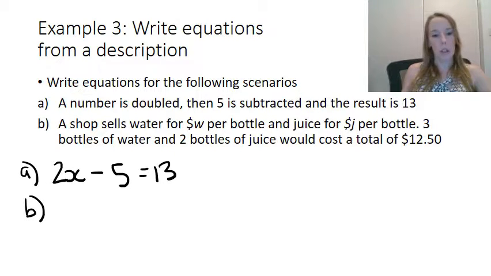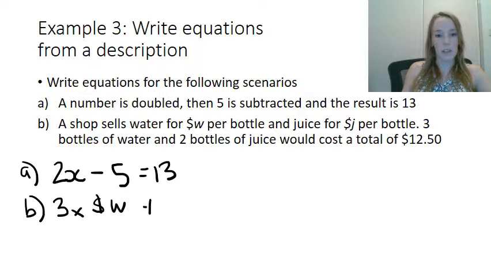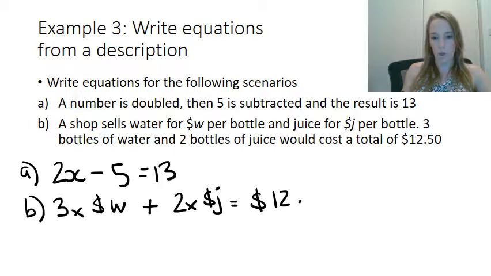So for B, we've got a shop that sells water for $W, so an unknown amount per bottle, and juice for $J, an unknown number there. So 3 bottles of water and 2 bottles of juice would cost $12.50. So 3 bottles of water, so 3 times the cost of a bottle of water, which is W. Plus 2 bottles of juice, so 2 times the cost of a bottle of juice, is going to leave us with a total price of